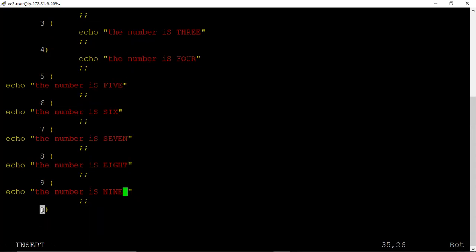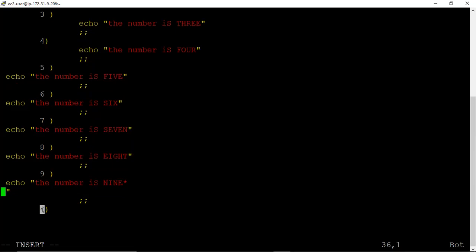And we conclude by giving a star. Suppose, what should be the default action?